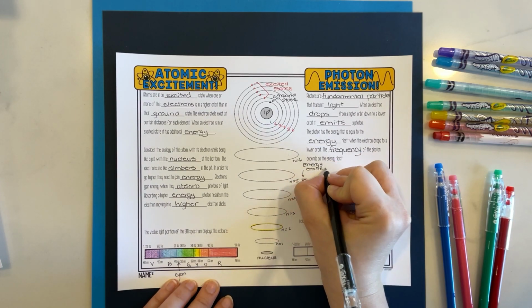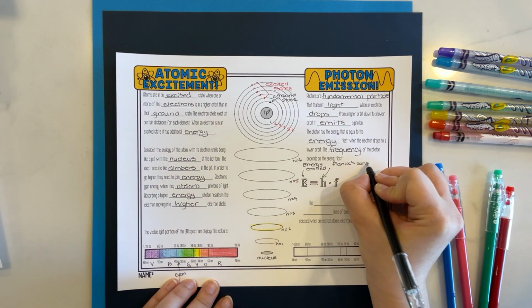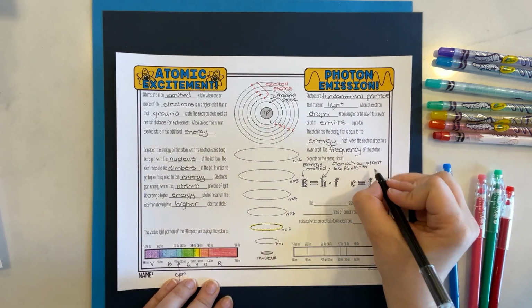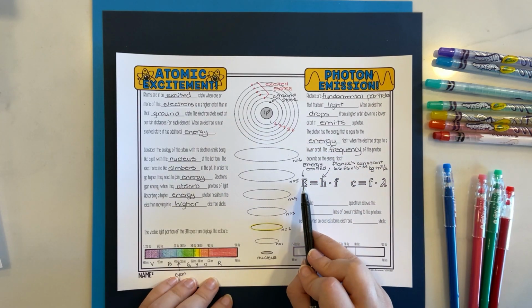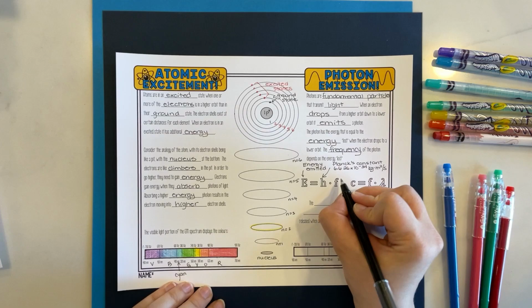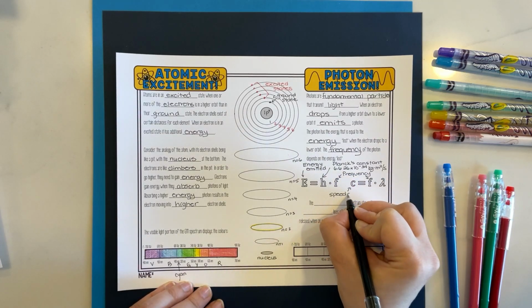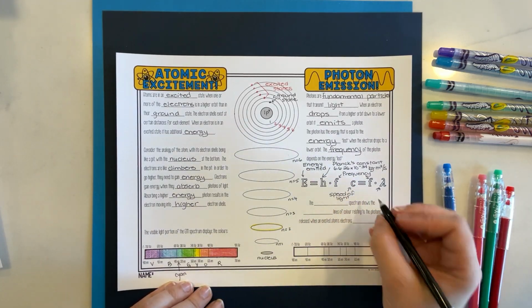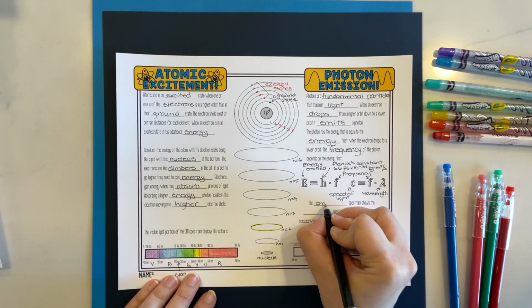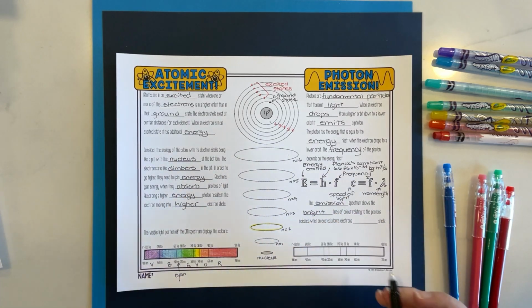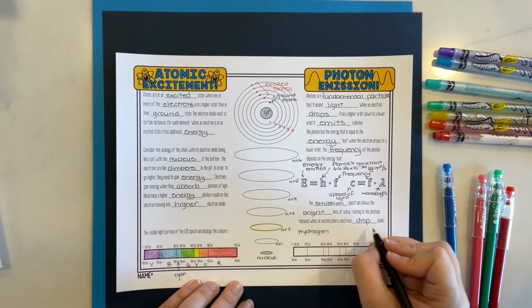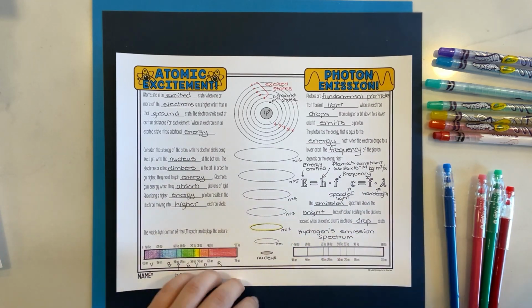The frequency of the photon depends on the energy that is, quote-unquote, lost. This is given by this equation, which involves the energy emitted being equal to Planck's constant multiplied by the frequency. The frequency also occurs in the universal wave equation, which also includes the speed of light and the wavelength. The emission spectrum shows the bright lines of color relating to the photons released when an excited atom's electron drops